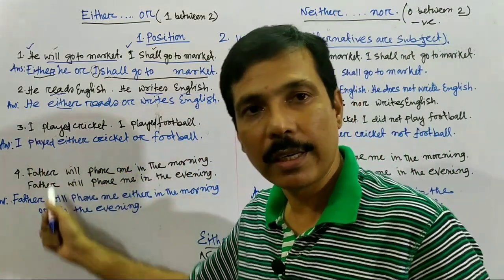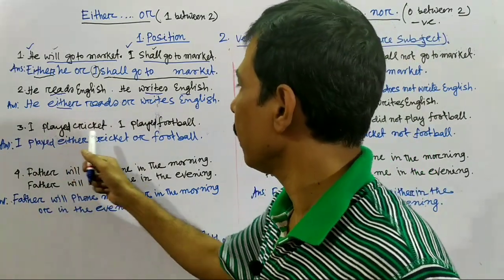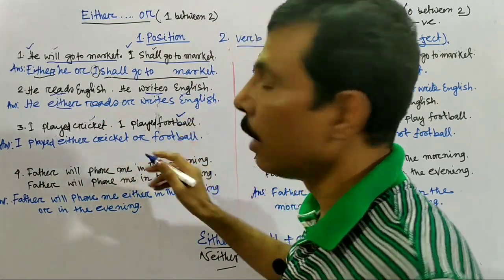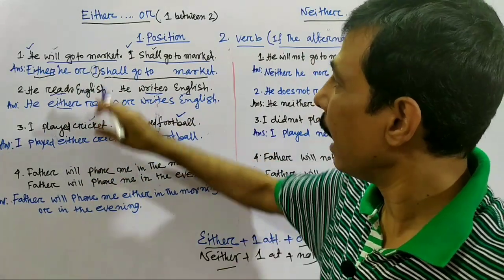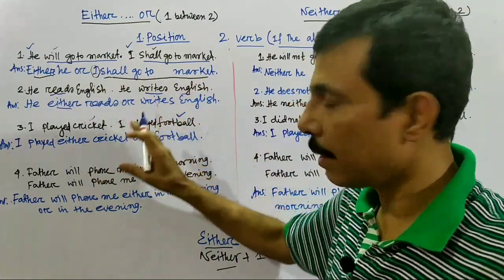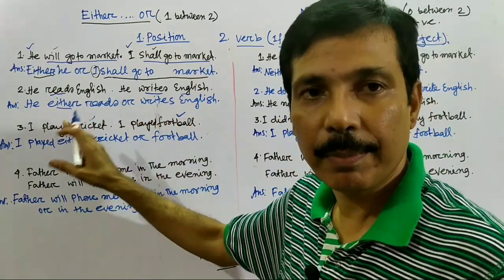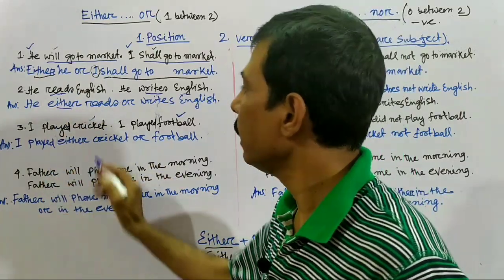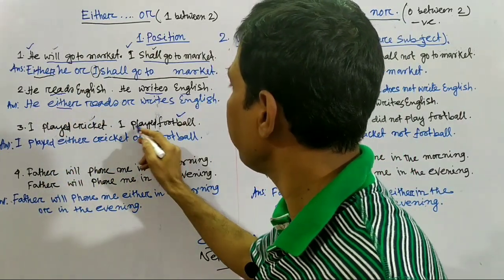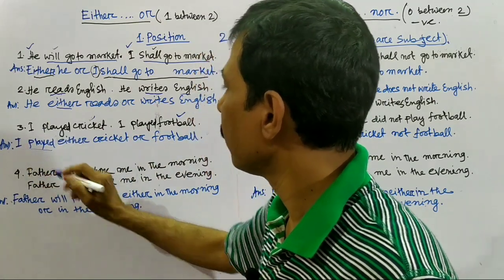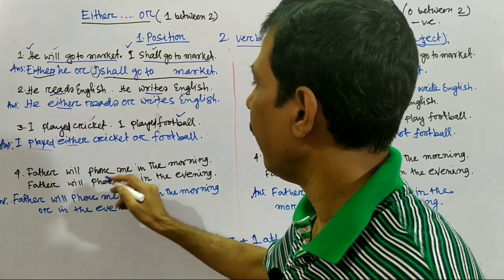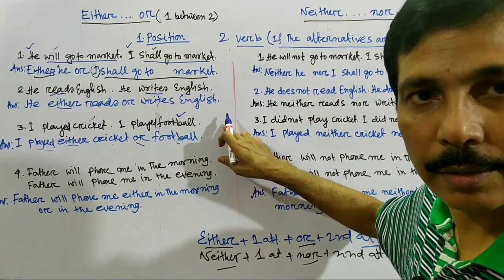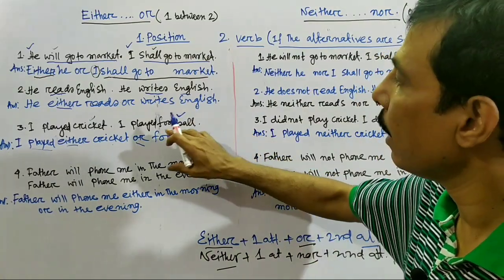Third, it will be very easy for everyone. Now third: I played cricket, full stop, I played football. So here the alternative is cricket and here is football. You notice that the alternatives are in different places. I have given the examples so that the alternatives are in different places. The alternatives may come in four places, so I have given four examples. So here the alternative is cricket and here football, and I played is the same. So I write I played. Next, before the first alternative, either, and either cricket, then or, the second alternative football. As there is nothing left here, here is the completion. So it is the answer.